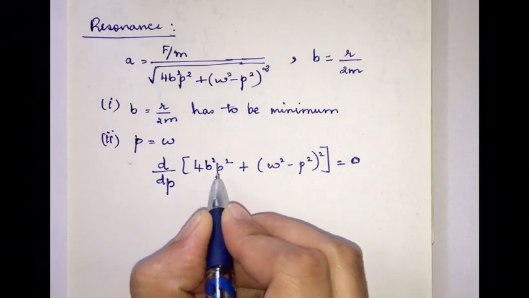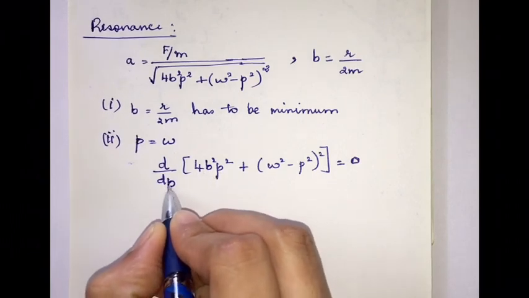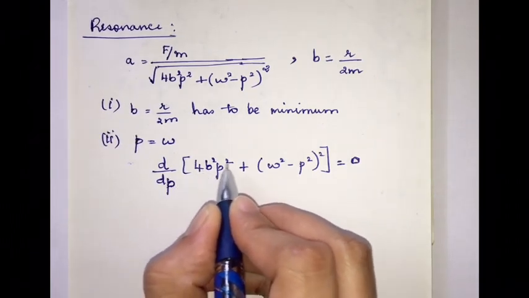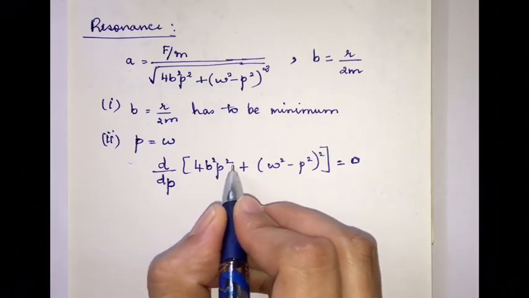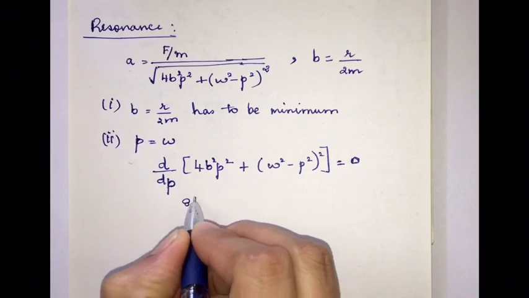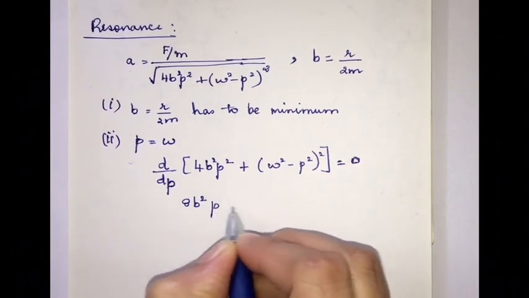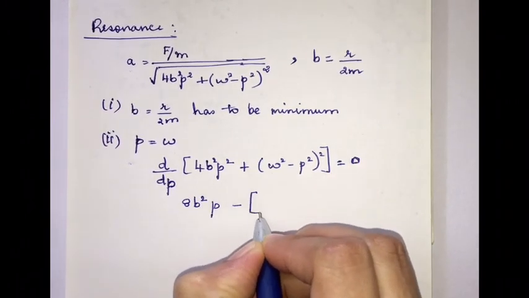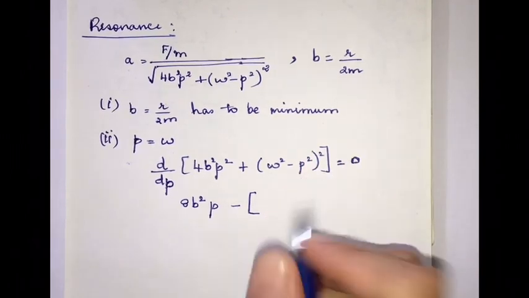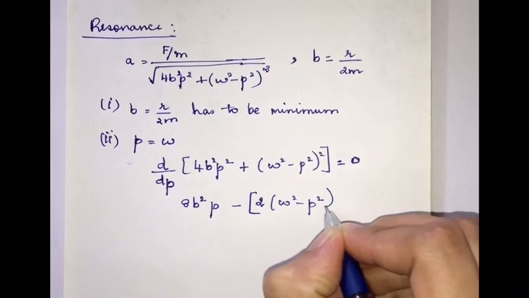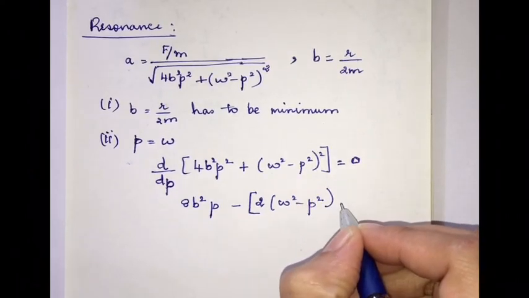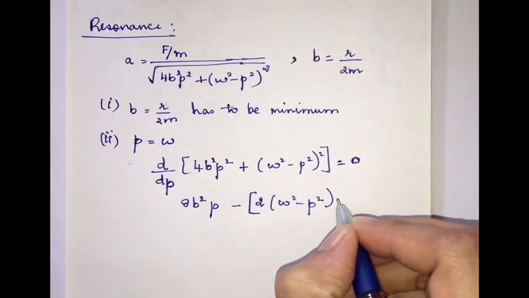On differentiation with respect to p, 2p is the differentiation of p square, so it becomes 8b square p minus the differentiation of this, which will be 2 omega square minus p square, and the differentiation of this will be 2p